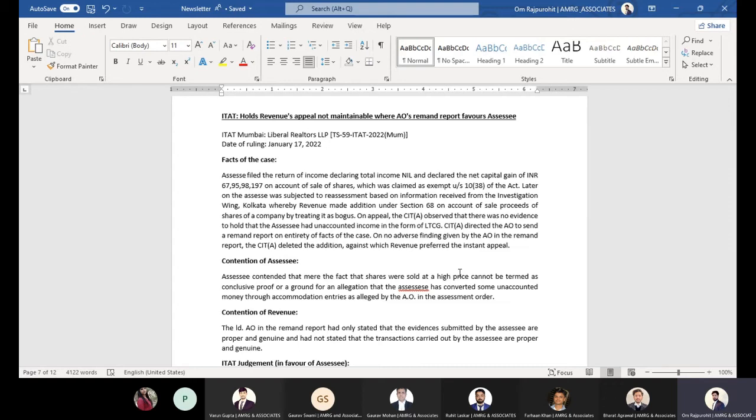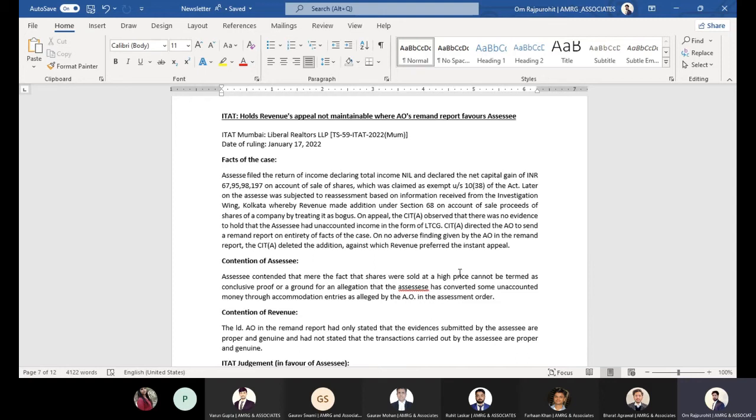which may be due to time constraint or other factors. The assessee was not provided proper opportunity and so on. So that information may be submitted before the CIT appeal, and the CIT appeal always asks for a remand report. It is nothing but a report or a reason sought from the assessing officer on why such information was not produced, or whether the information submitted during the appeal proceeding was already submitted before the assessing proceeding. This is called a remand report, wherein the CIT appeal asks the status of information from the assessing officer.